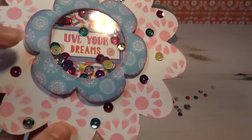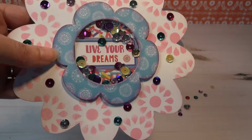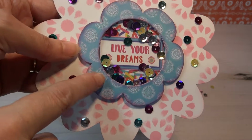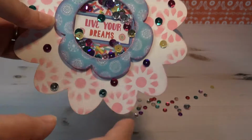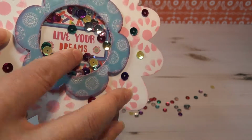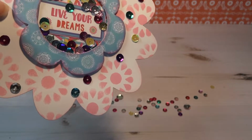Now the centre of the card is a shaker, so I've cut. Now I had some flower dies, I think the blooms, they could be first edition flower dies, so I've cut this shape here. But if you haven't got that, then why not cut a circle? Doesn't matter really, I just thought that the flowers would go with the leaves, but it would work equally well as a circle. And you cut a circle in the centre, pop some acetate behind to make a window,